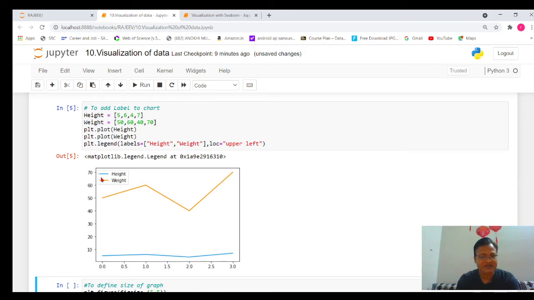So height is represented by the blue line, and weight is represented by the orange line, you can say. Okay, and here you will see location upper left. So here you will see it displayed on the upper left. If you want to display upper right, you can change accordingly, because there should not be a mismatch between the legend and the line. So that thing you need to be careful about.